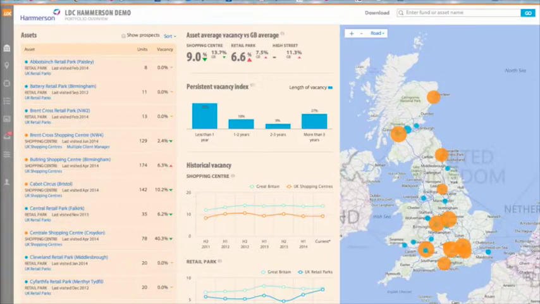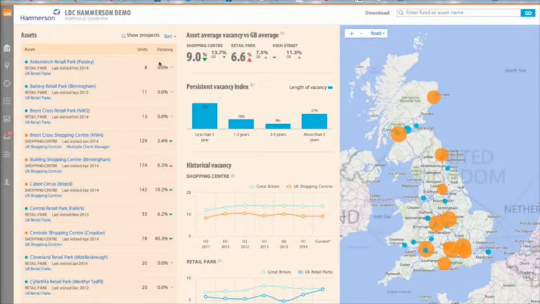So when you log on, depending on your login profile, in this case it thinks I'm Hammerson, it'll pull up the portfolio of properties that I've got here. I can also, of course, go in and search by fund or asset name, and shortly we'll be adding a multitude of other funds and portfolios which are publicly available, so you can peer against your competitors and look at how the market's performing. So on the left hand side here we've got the assets and we've got the names,